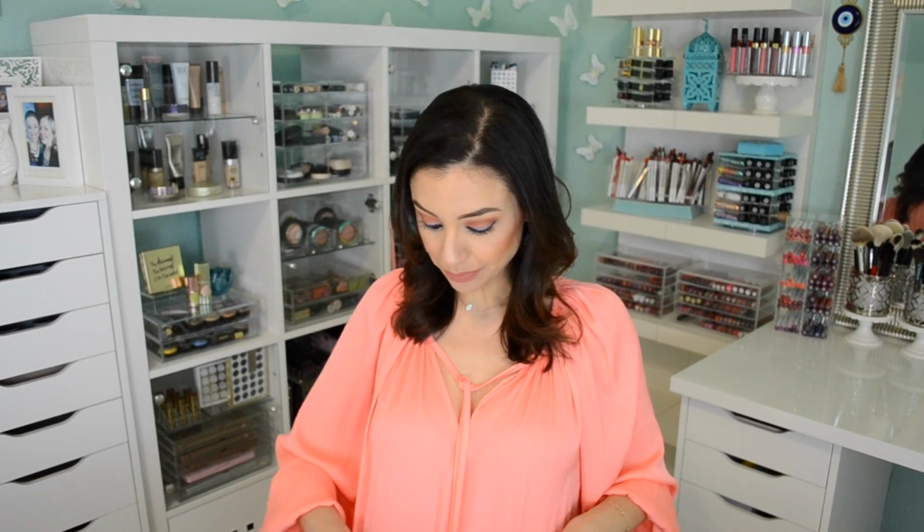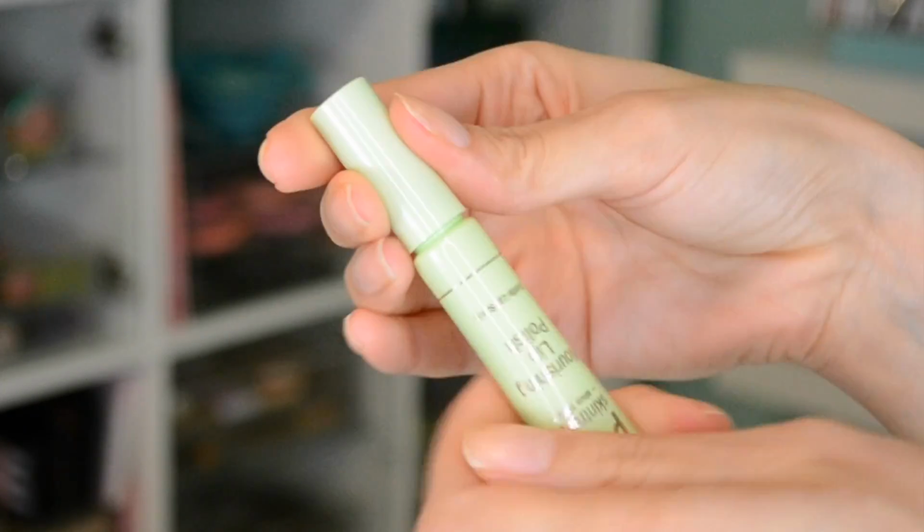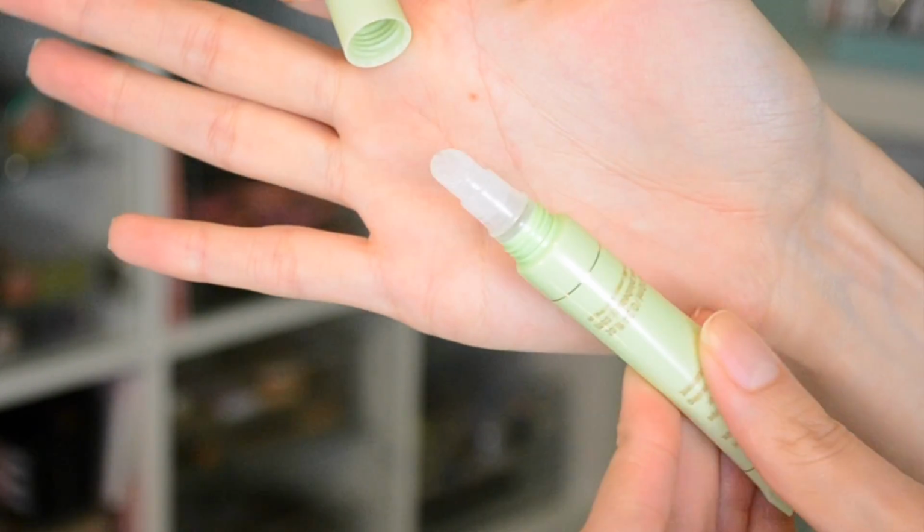And then the other thing that I've been using, especially when I film, is the Pixi Nourishing Lip Polish. I started to use this in lieu of my e.l.f. Lip exfoliator, because with semi-chapped lips, going at it with sandpaper was kind of painful, especially if I needed to film. So I started to use this little guy, and what this is, it's like a lip balm